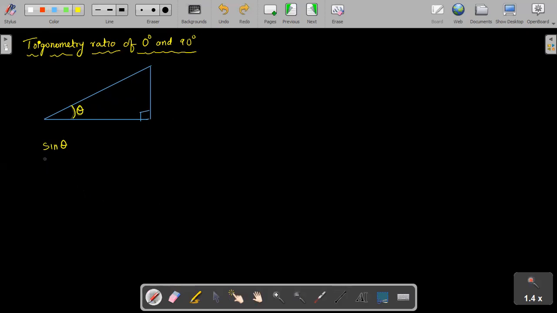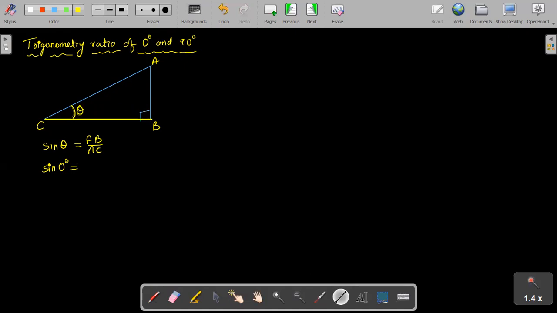So sine of 0 degree is how much? What do you think? What it will be? This is suppose A, this is B, and this is C. Usually sine theta formula is AB divided by AC. अगर ये length ही कम हो गया, then can you use any value? This length is becoming less. The theta is becoming less. So theta is becoming 0.